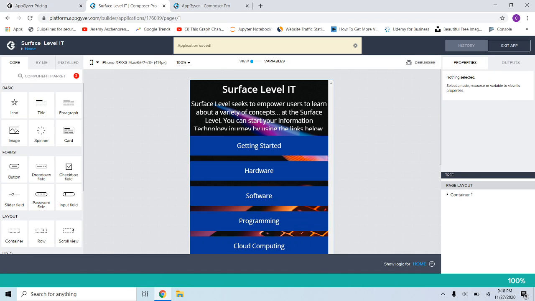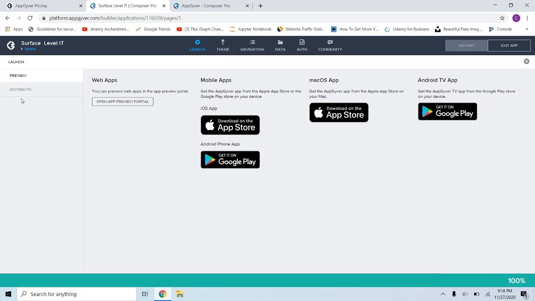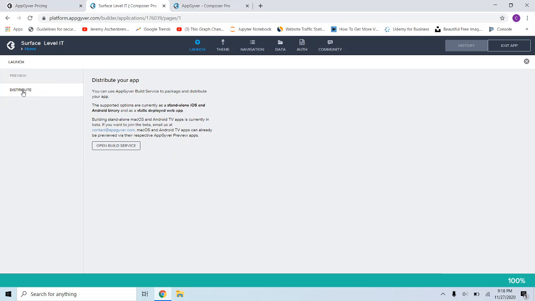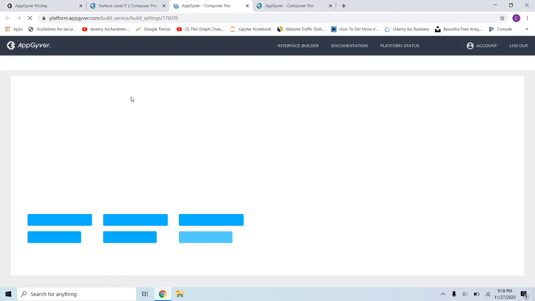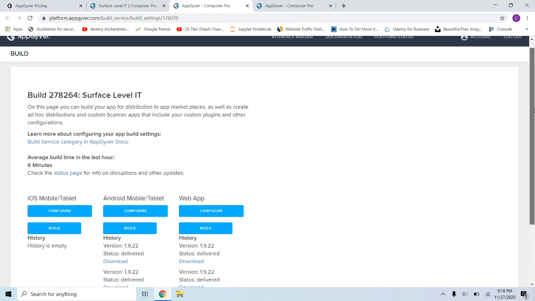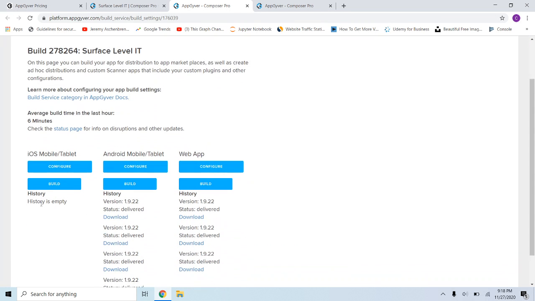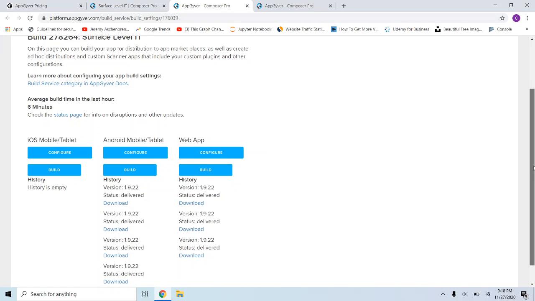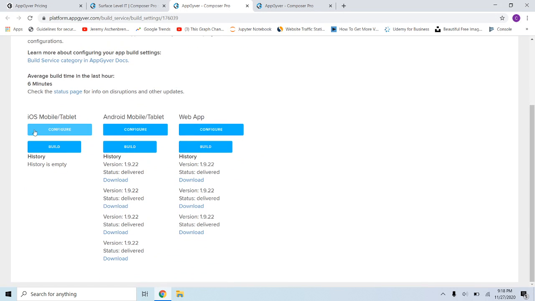And bear in mind, steps will change as requirements change for different application platforms. But essentially what we're going to do is we're going to go to launch, and then we're going to go to distribute and click open build services. Now, if you've never created an app with them, it's going to say history is empty on all of these options. So what we're going to be doing is I haven't created one for iOS yet, and that's primarily because